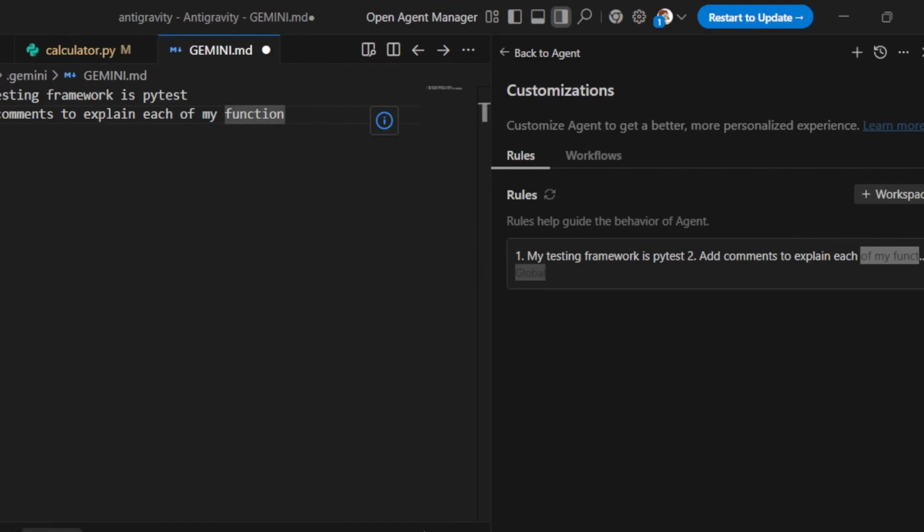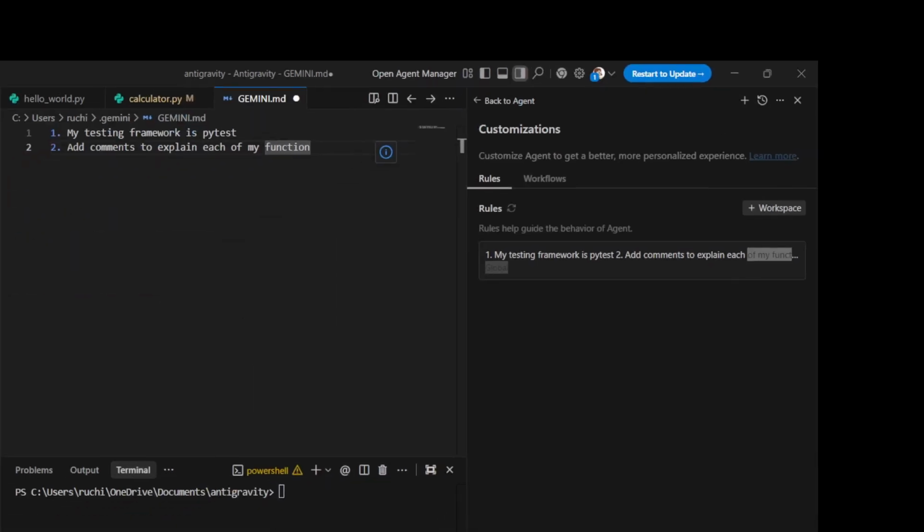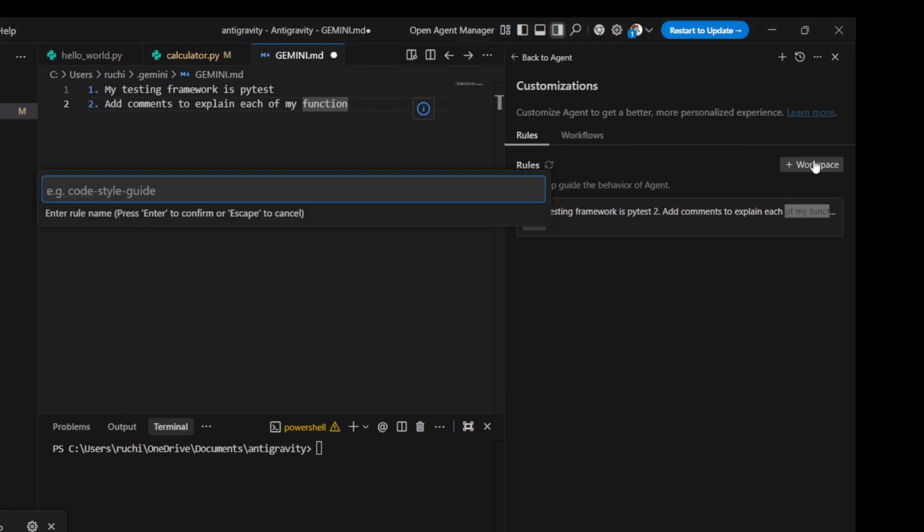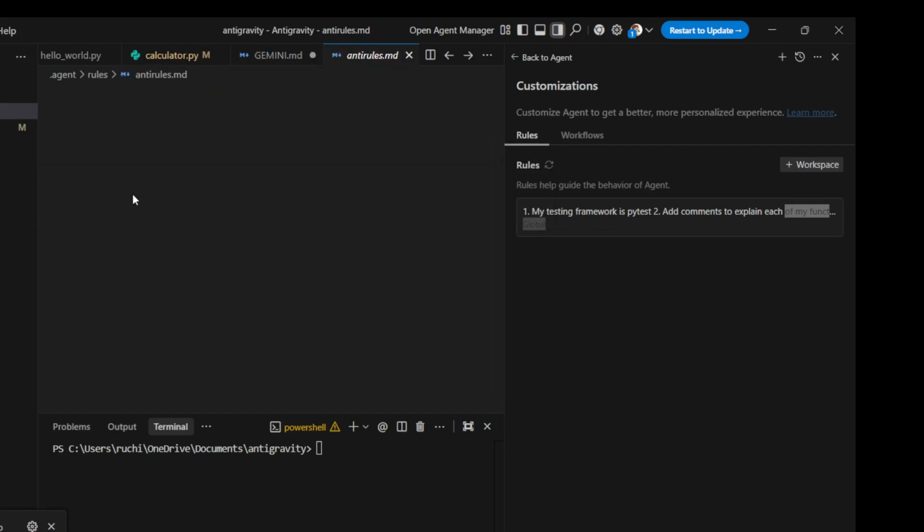So if you click on workspace right here, you will see that it shows me a small text box and it says enter the rule name and press enter to confirm. So if you only want to create rules for this particular workspace, you just need to click on workspace and you can write the rule name. So let's say my rule name is anti-rules, okay, which is quite weird,